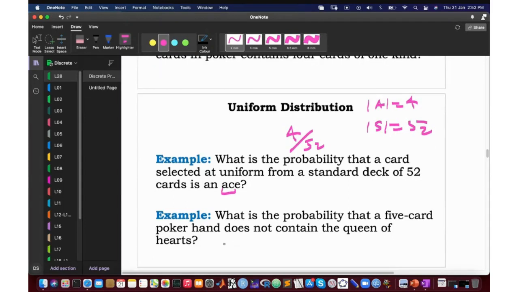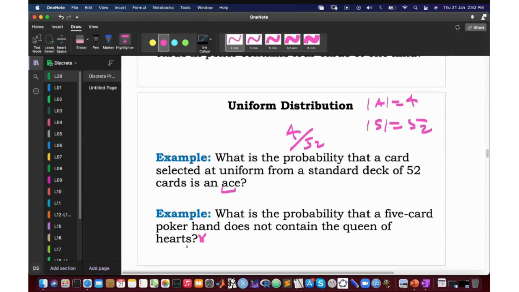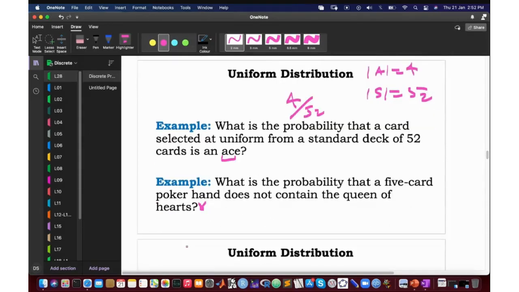What's the probability that a 5 card hand does not contain the Queen of Hearts? So you pick 5 cards and none of them is a Queen of Hearts. So the size of the sample space is the same, 52 choose 5. You need to find out the size of A, the event we are interested in. 13 choose 1? Sorry, no, 4. So I think it's going to be 52 choose 5 minus 51 choose 5 because